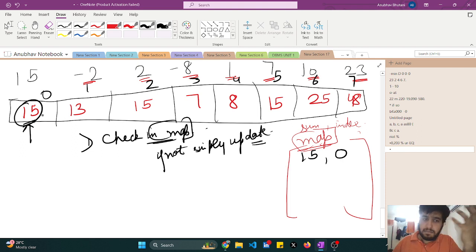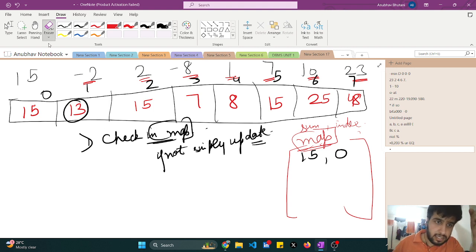Okay, 15 comes at index 0. I have marked this in my sum. I come to the first index. What I'll do first is,